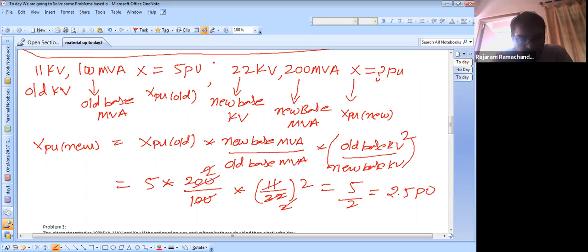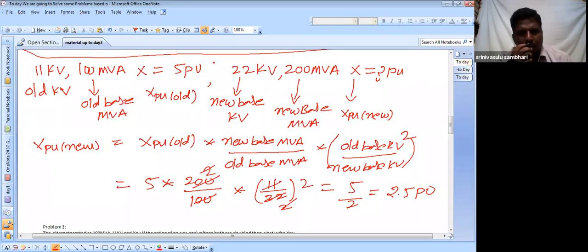Now look into it for 1 minute, all of you. If you have any doubt, you can ask. See the answer. This is very fundamental. If you are thorough with the per unit system, you can easily understand how to convert the single line diagram into a reactance diagram. If you have any doubt, you can ask. See the solution. Shall we move to the next problem?